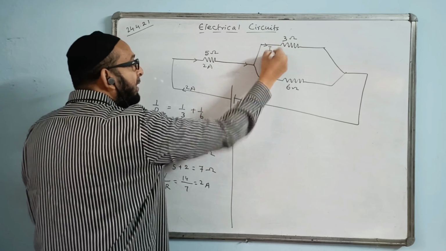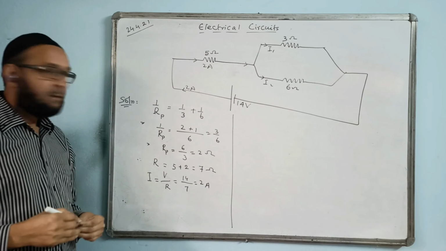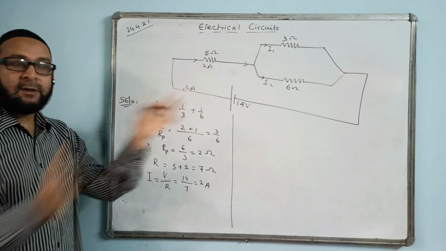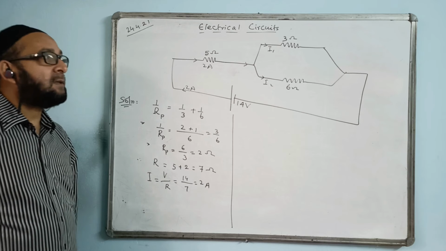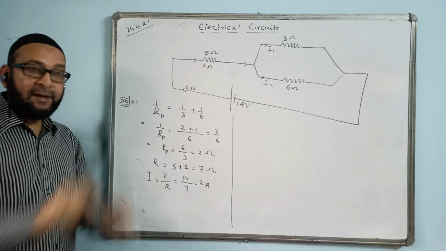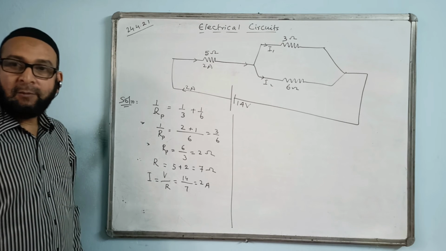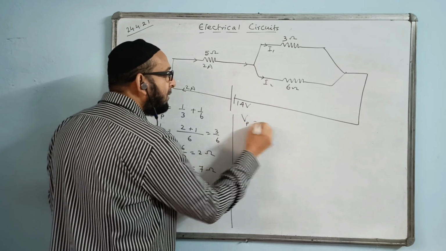Here we can have current dividing into 2 parts, or maybe into 3 parts. So how to divide currents? How do we follow the current divider circuit? In a current divider circuit, that is a parallel circuit, first we find the voltage of the parallel part, and the voltage remains the same.